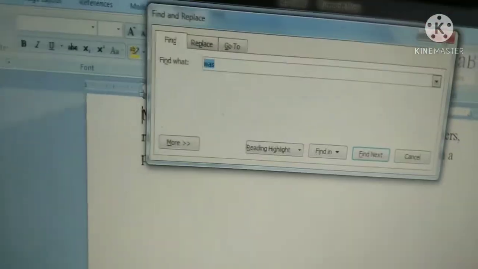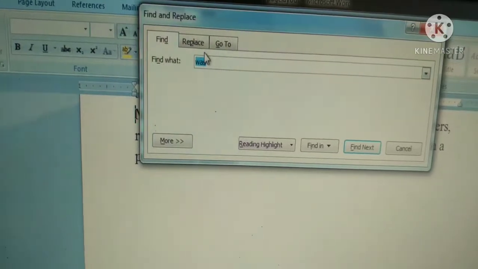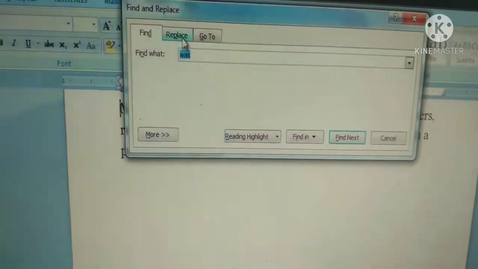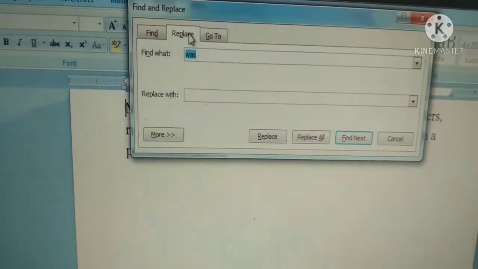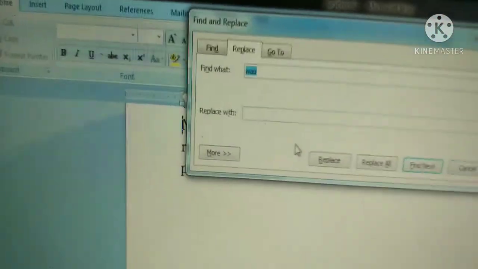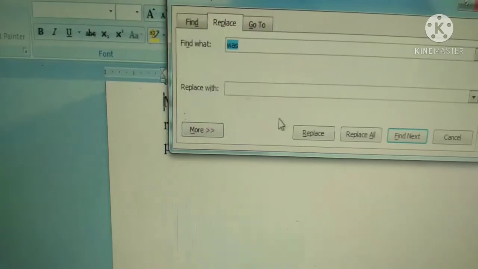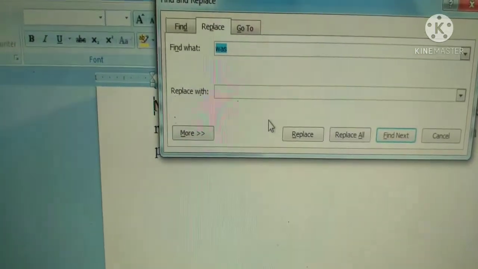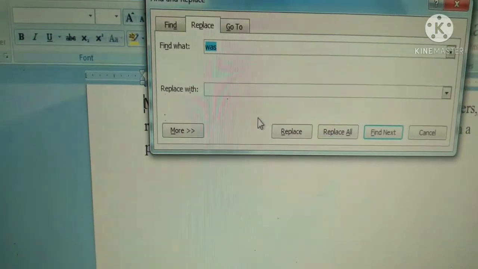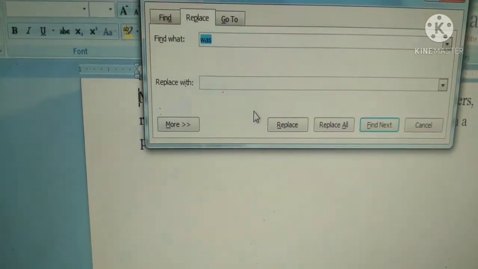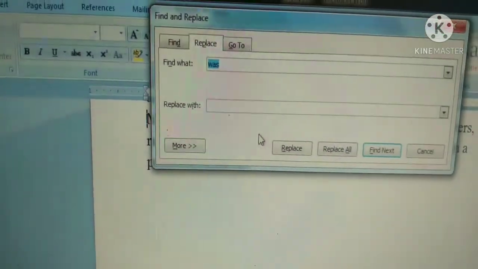Okay. Now replace. What is replace? See children, I have found words. Now I want to replace the word. Let us think, I want to replace the word WAS with INN.